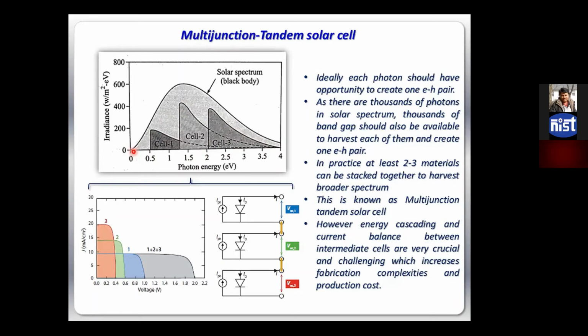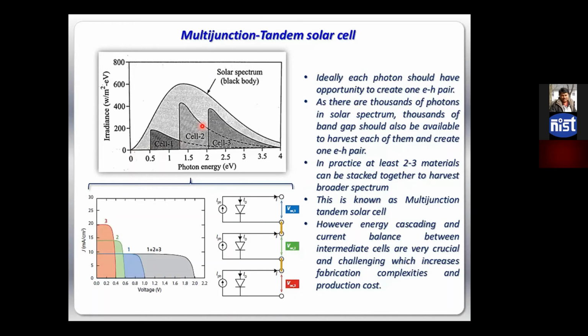So this is the primary concept of multi-junction or tandem solar cell, where we utilize more than one material and we form a series of solar cells one by one, so that we can harvest in a complementary region of the solar spectrum, and overall absorption of the total device is much broader than a single device. So basically, we are trying to counter that thermal and transmission loss by utilizing more number of materials,